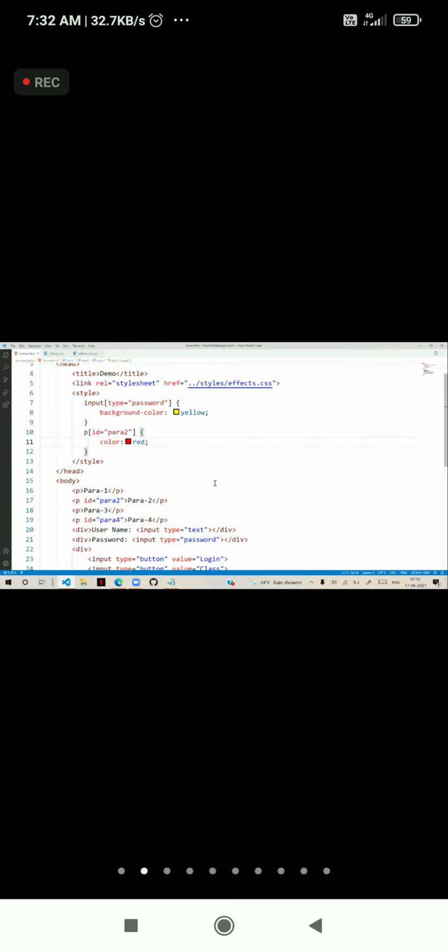Then can you tell what is common in them? What is common in the second and fourth paragraph? If I write the P element, it will apply to all paragraphs, no? It will apply to the first and third paragraph also.